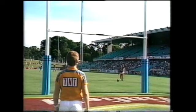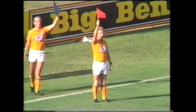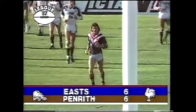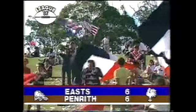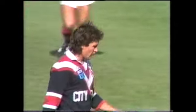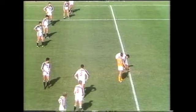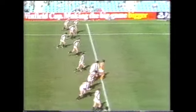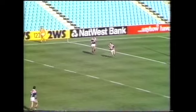So Milrose from almost in front moves in. There's the kick. The extras are added. And so here at the Parramatta Stadium with just 11 minutes remaining in the first half, Eastern Suburbs 6, Penrith 6. Well, let's hope now, David, that we may see a little bit more of enterprising football. Both sides have been quite happy to keep it very tight, take it down the middle, and then maybe put it on the move. But we saw for the first time there the glimpse of the Eastern Suburbs' second and third phase of attacking football, where they're backing each other up, and Tobin was on hand to score a very valuable